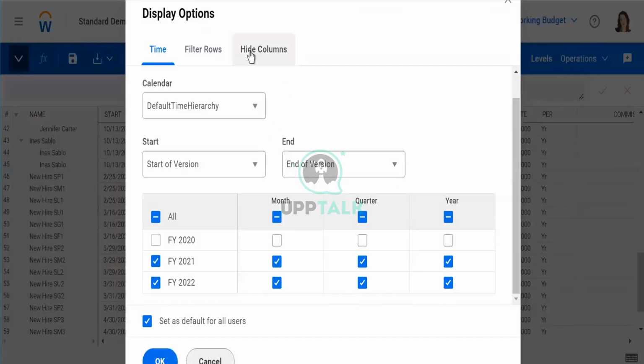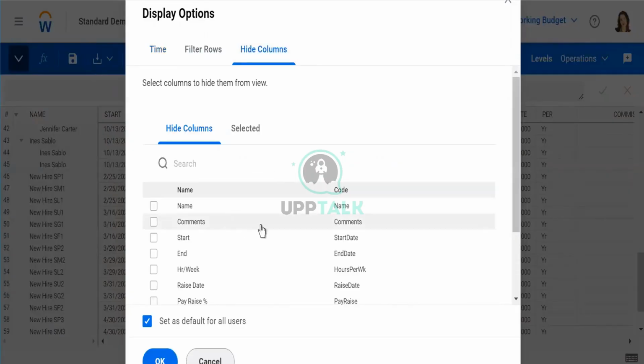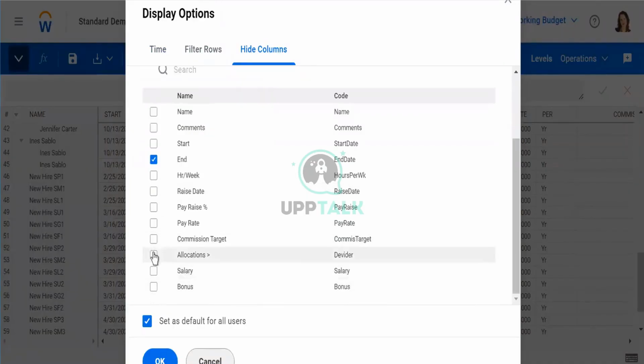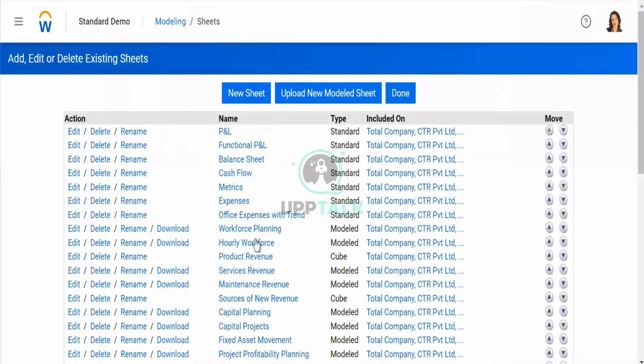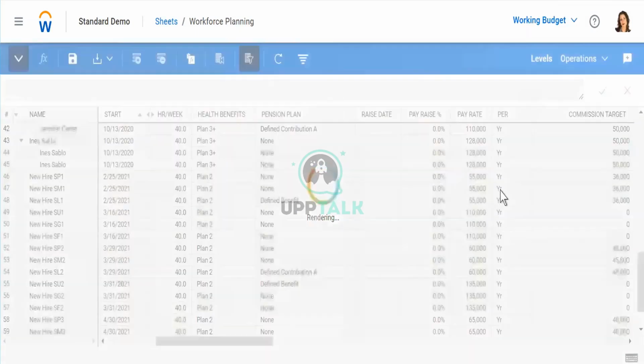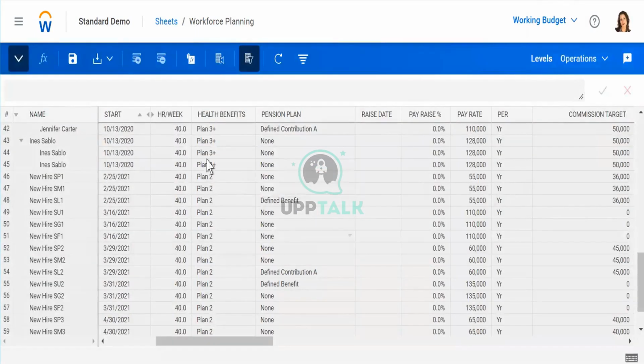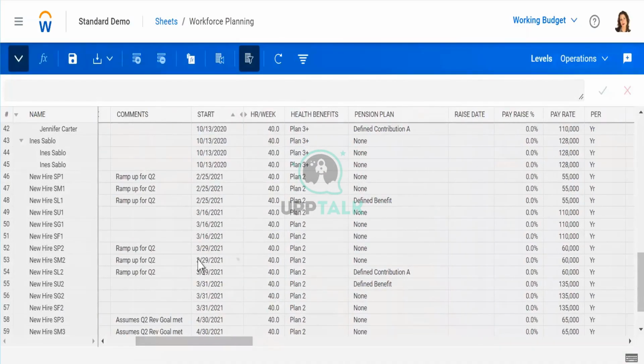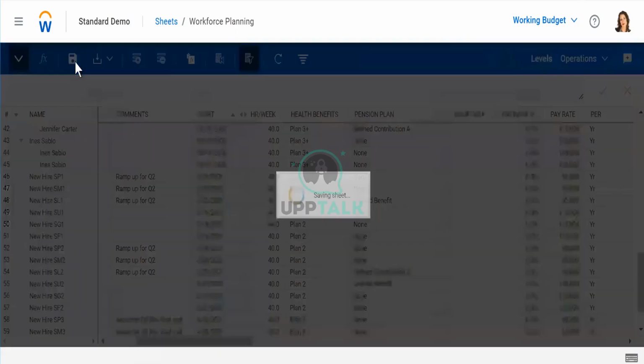What are the other hide column features? Basically, if you don't want this end date, or any kind of allocations, you can simply select the columns. I have built it in the back end, but I don't want the system to reflect it in the front end. Let it be in the back end. Whenever needed, I will enable it. Whenever needed, I will disable it. Now you will see the end column is not there, only the start date is there. You can do all kinds of things in a model sheet. I will just save this.